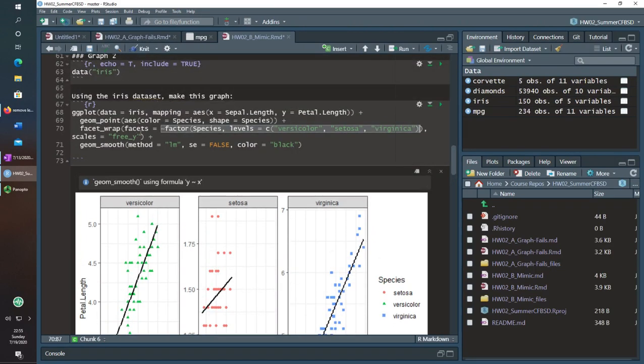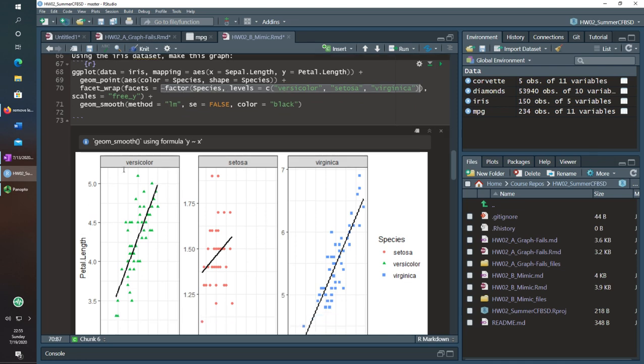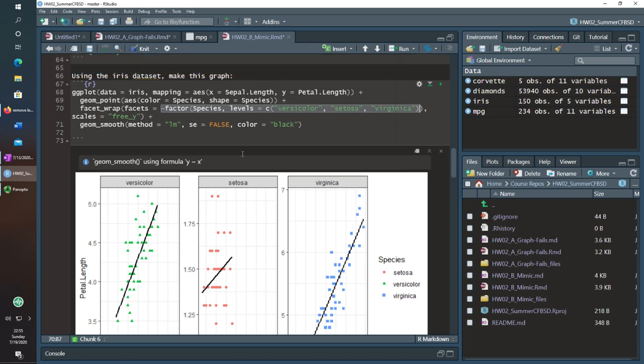So I want to facet, and facets create multiple plots, and what do I want to do it by? I wanted to do it by the species, but if you notice, my species list was in a different order, and it wasn't in alphabetical order, which is the normal way ggplot works, because alphabetical is the way factors are assigned. Again, you can see the other video about factors.